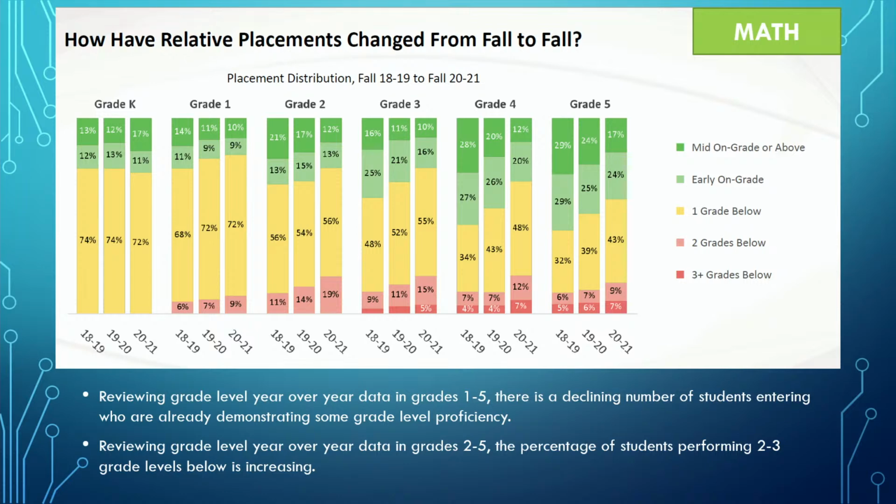If I may, one thing that also concerns us somewhat is, when looking at these year over year, we're trying to see how much, besides the summer slide, how much of a COVID slide we had. If you notice, this goes from 18, 19, 19, 20, 20, 21, before COVID. And as you can see, the trend is sort of slipping each year in math. I know we've talked about that quite a bit, but we're definitely honing in on that as well.